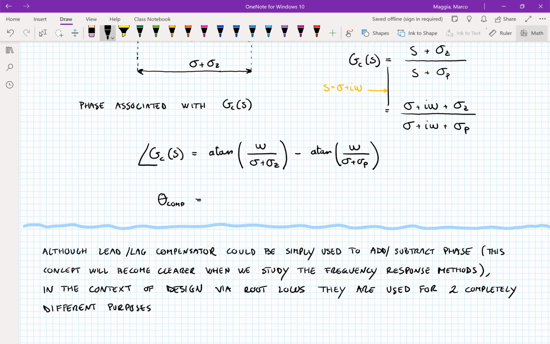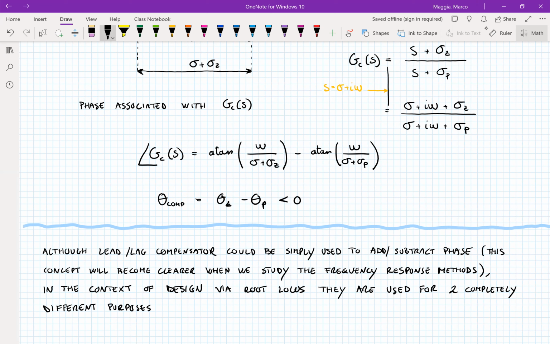Therefore, the overall phase angle associated with the overall lag compensator, being theta z minus theta p, is negative. So we are subtracting some phase from the uncompensated system. So that's the reason why they are called phase lead and lag compensators. The fact that we can add or subtract some phase is going to be